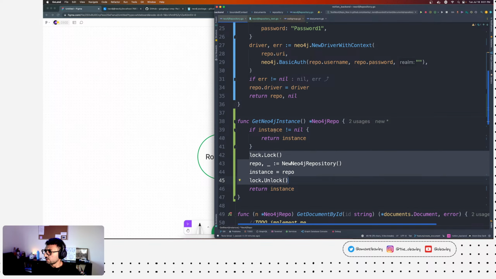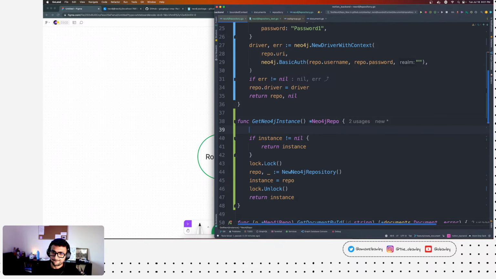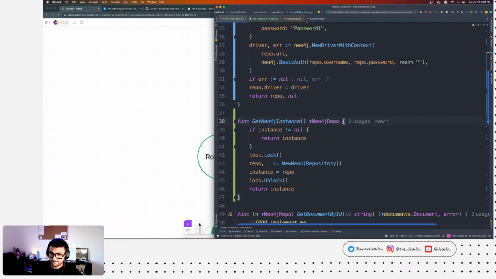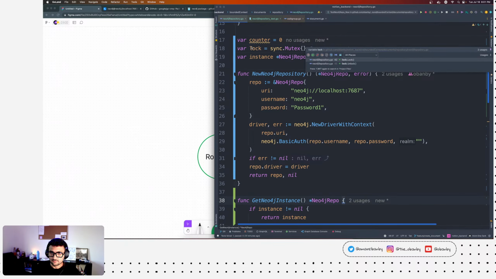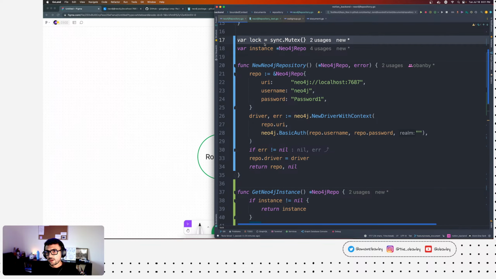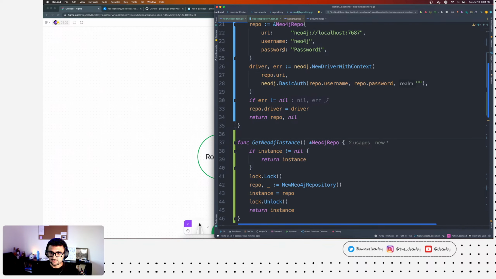Okay, so here we have, no, I'm just using a regular lock. So here is my regular mutex. We don't need this anymore. Just sync mutex, right?